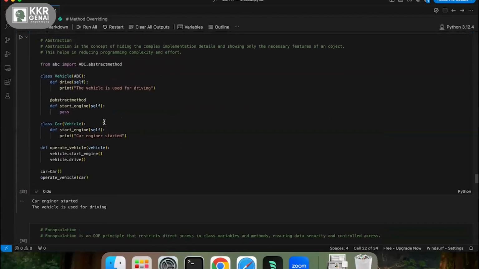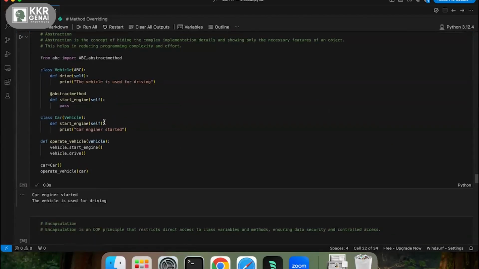We can also do abstraction. What is an abstract method? There are two types of methods. One is concrete methods, and the second one is abstract methods.